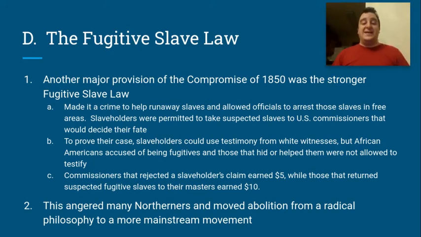And as Northerners begin to see this, they get more and more angry about this law. And it causes the abolition movement to move from a radical movement, where many Northerners prior to 1850 felt that slavery was a system that happened in the South. It had nothing to do with them. They needed to not worry about it, to now the majority of the North is going to look at abolition and realize this is a movement that they need to support,